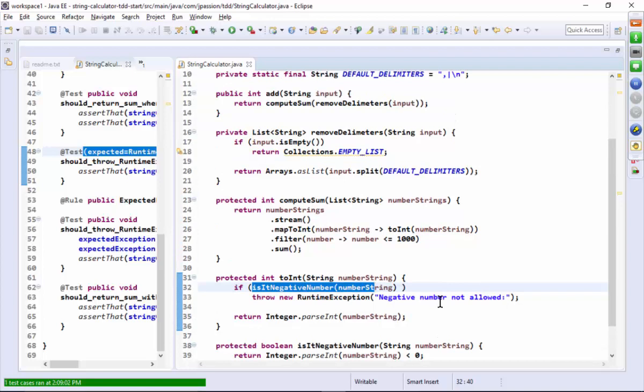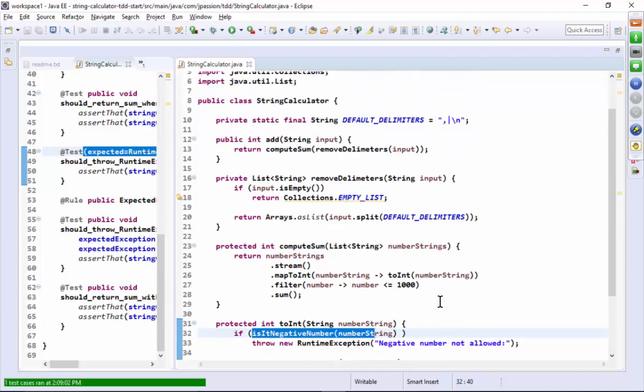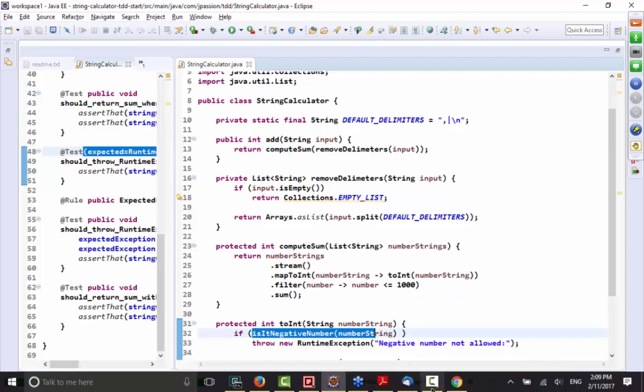What else to be refactored? So I think it's actually reasonably well refactored. Okay, so let's